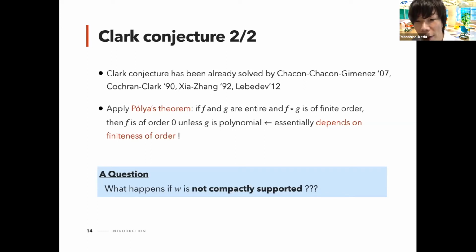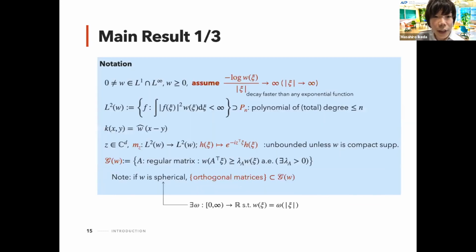The proof essentially depends on finiteness of order. So this is verified if W is compactly supported. You can use Fourier's theorem. So a natural question arises: what happens if W is not compactly supported, like a Gaussian? I will introduce our main result, but